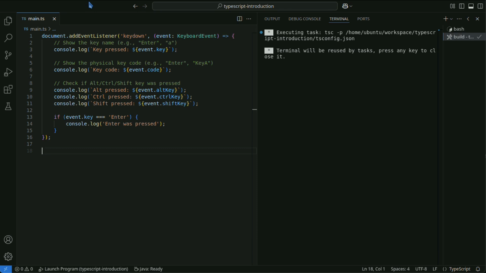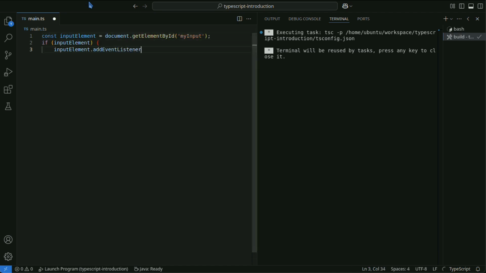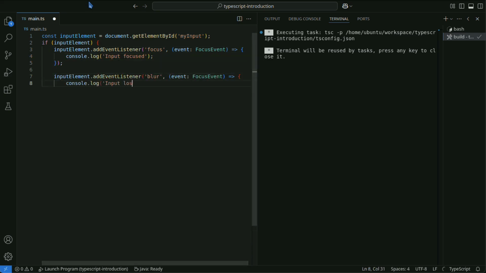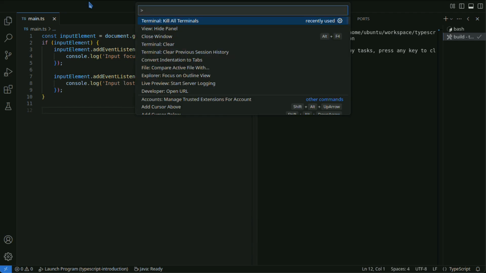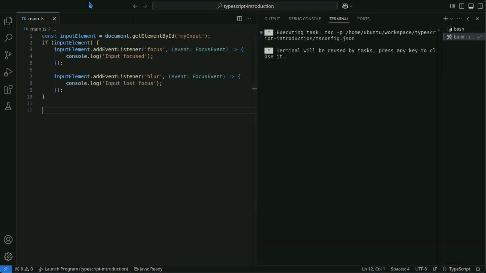FocusEvent relates to events of gaining or losing focus. focus and blur events fall under this category. This code is an example of using FocusEvent to detect and log when an input field gains or loses focus.